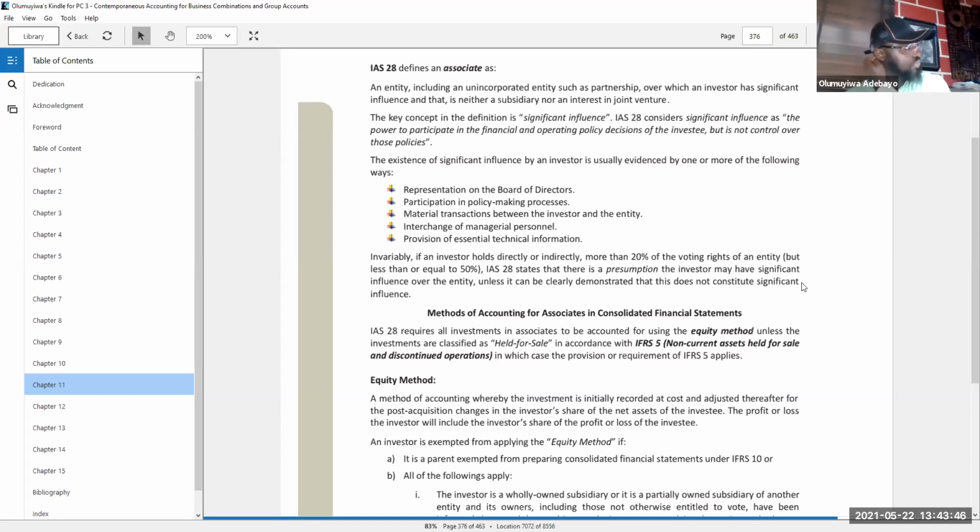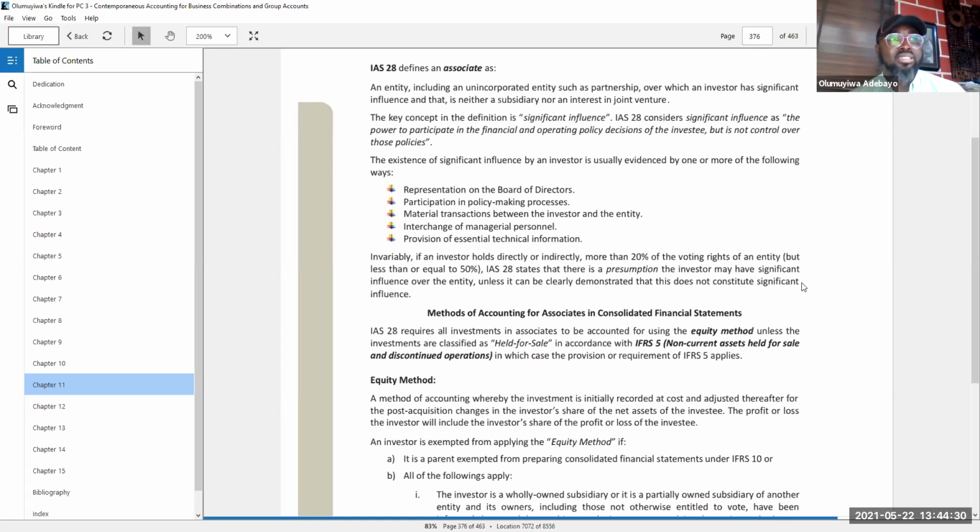Now, peradventure, the standard says as follows: an associate is an entity, which may include an unincorporated entity such as a partnership, over which an investor exerts significant influence, and neither does that influence give rise to control to make it a subsidiary, nor joint control to make it a joint venture. Therefore, an associate in simple terms is an investee entity over which an investor